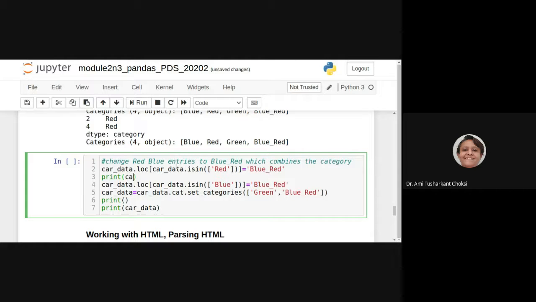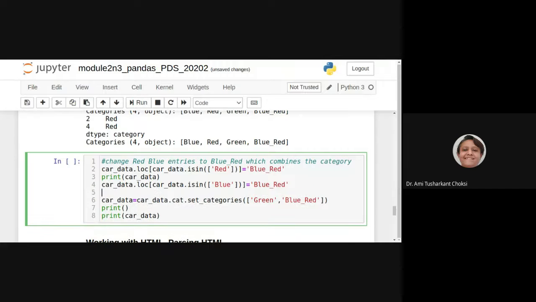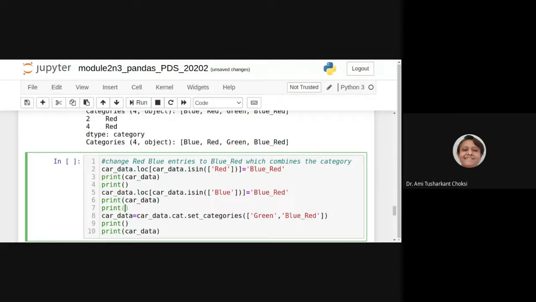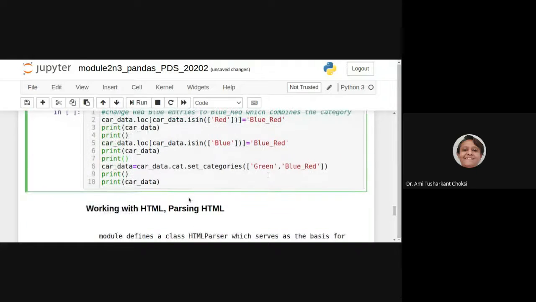So let me give it as car_data here. Then again, we'll have the car_data. And then after, let us put one more, so it will be clear with that, right? Then after we are setting the categories as green and blue_red, fine.